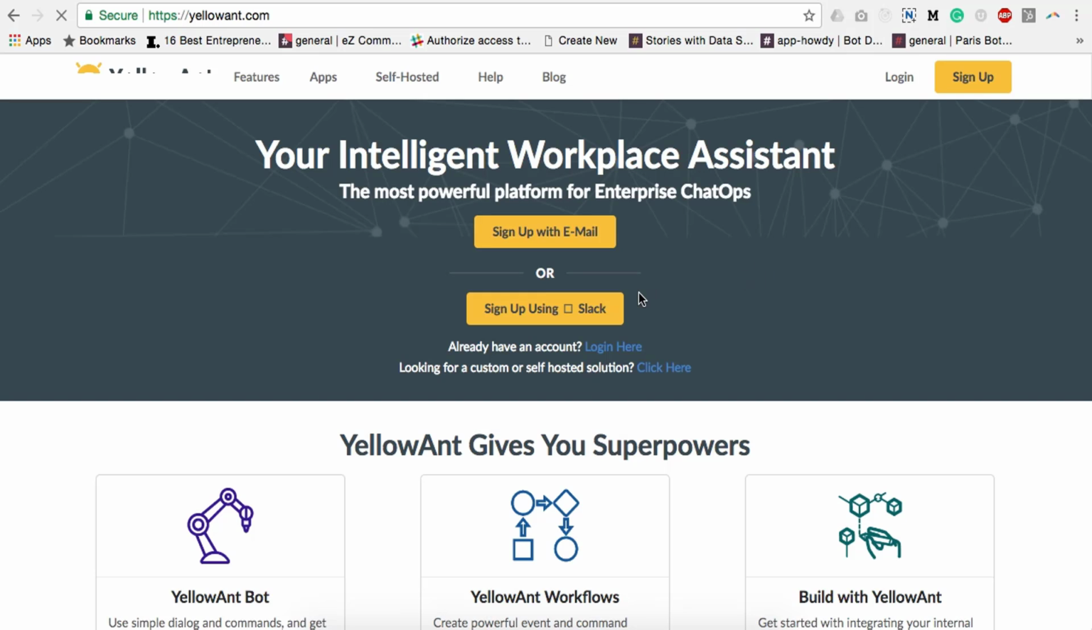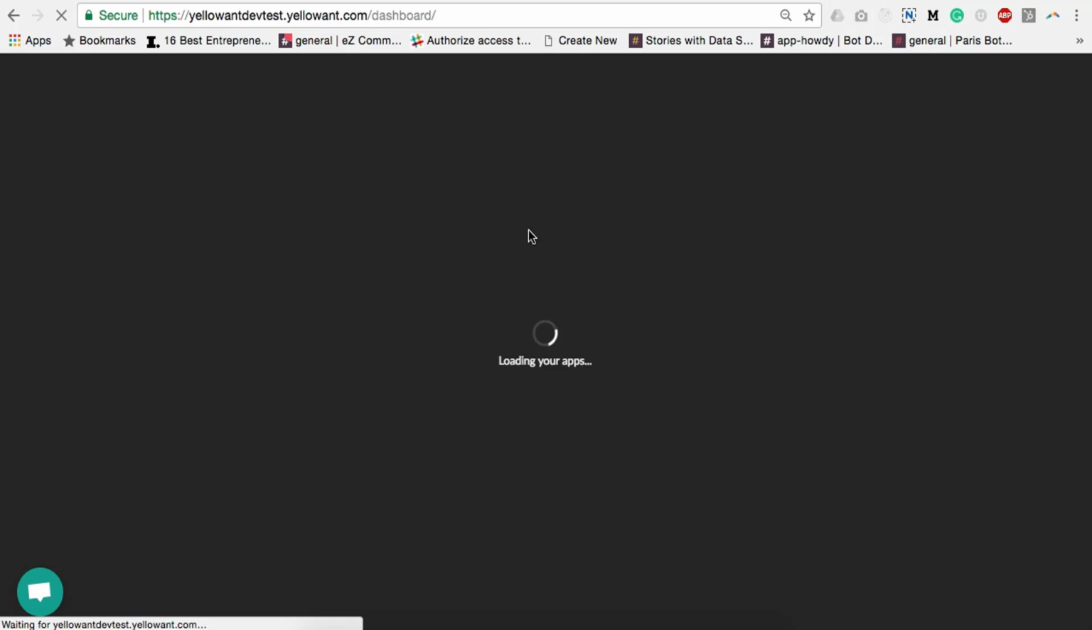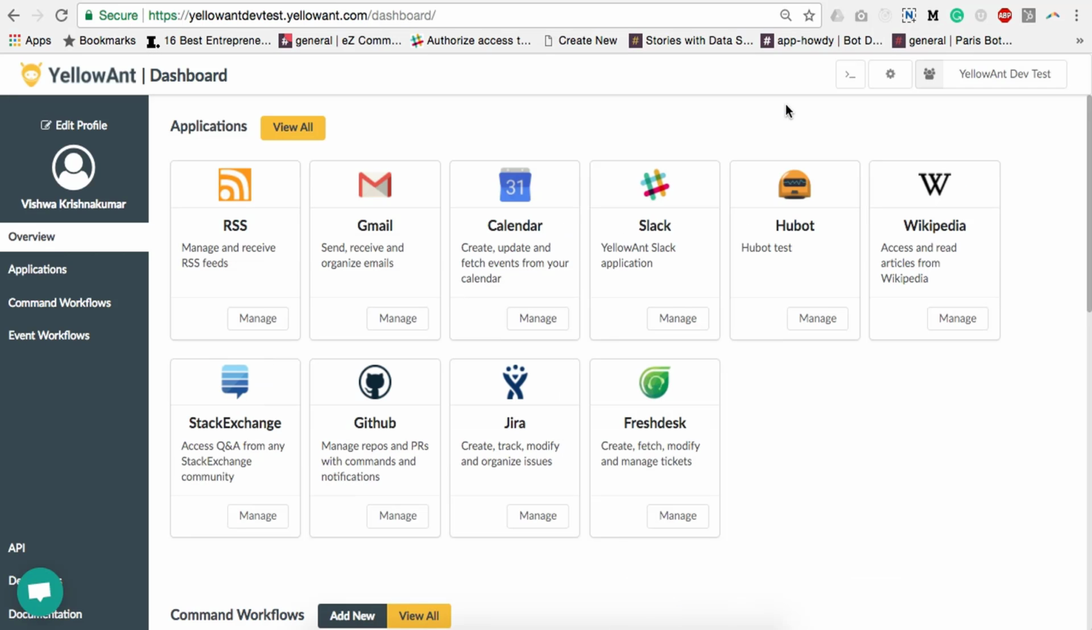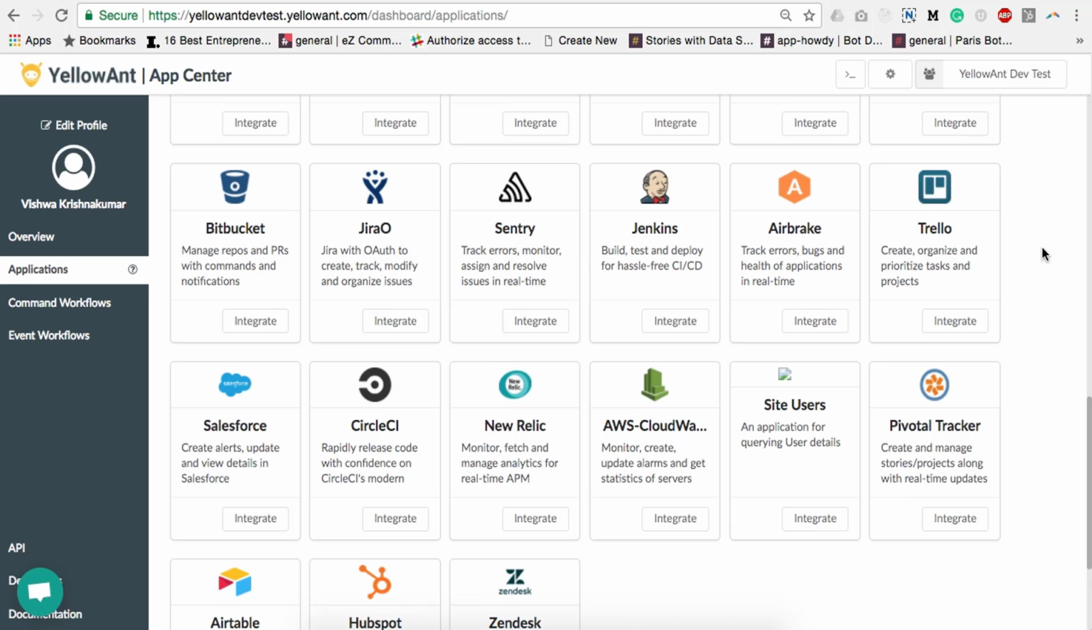You can just click on the sign up with Slack button, and authorize your Slack account. Then automatically YellowAnt creates your YellowAnt team account with your individual account as well. Once YellowAnt creates your account, it will show you a whole bunch of applications that you can start integrating. If you just click on View All, these are the bunch of applications that you can